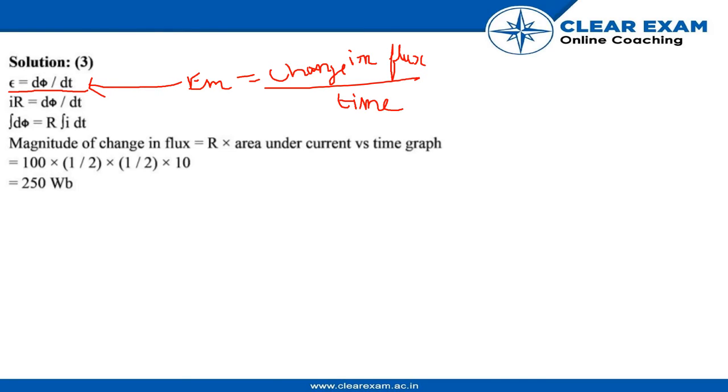Now we can also say that change in flux would be equal to EMF into time. Time can go there. So by just integrating it, the magnitude of change in flux is equal to R into the area under the current versus time graph. So we get, as we know, 100 into half